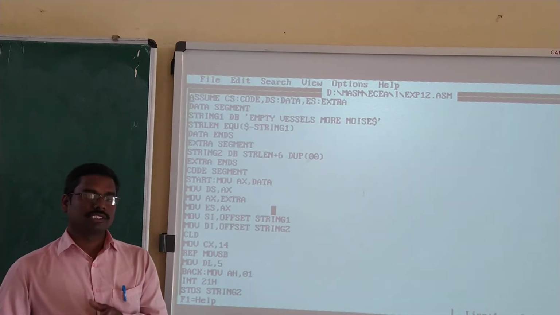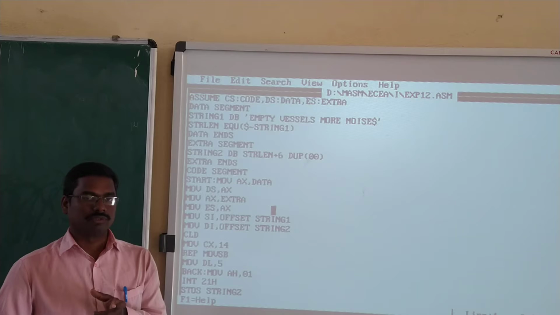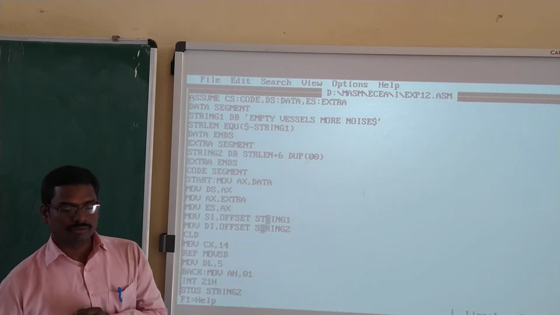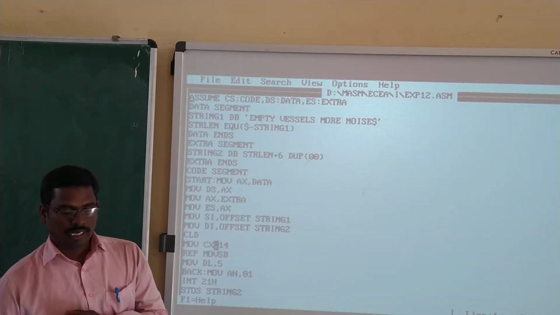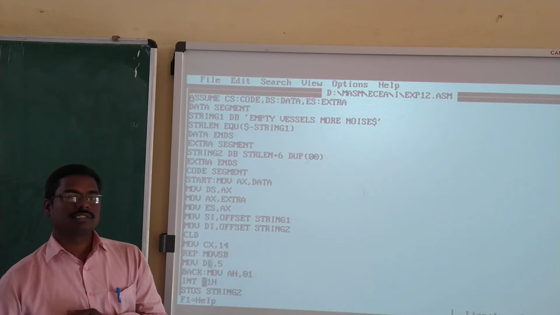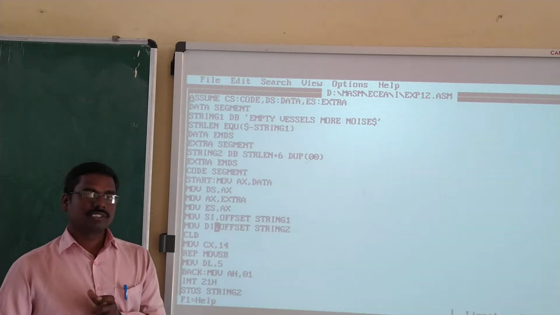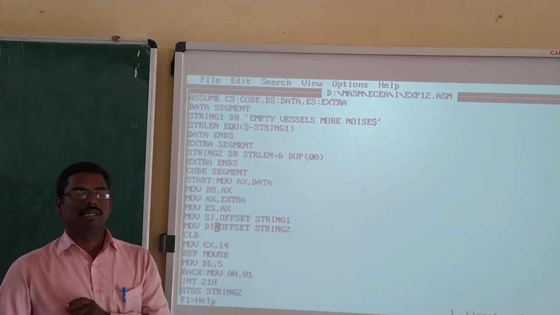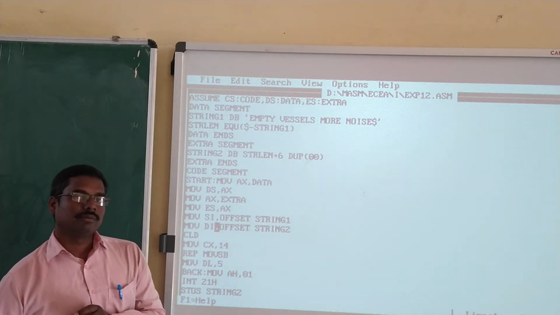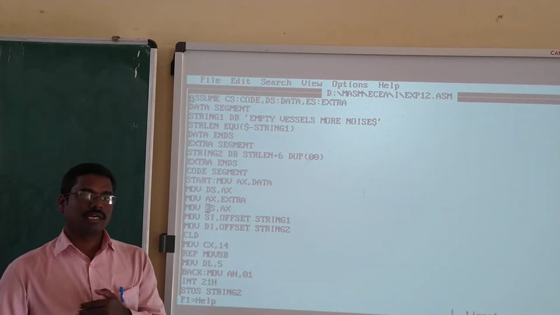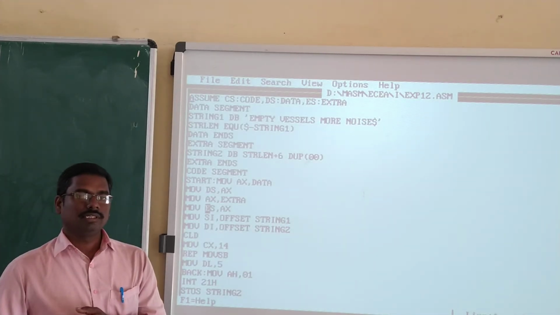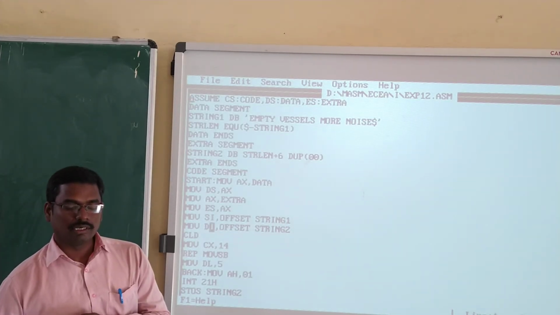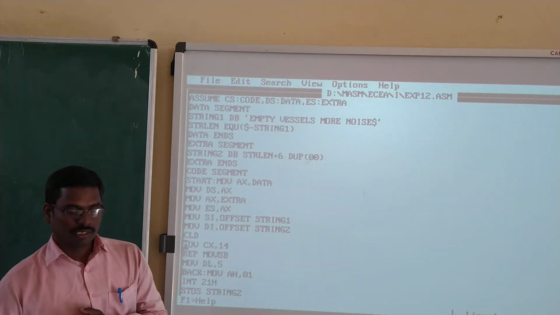So that means the string 1, whatever input string we have given, is loaded into the source index register, and mov di comma offset string 2. So here the offset string 2 is our destination index register. Okay, so that means our output is after inserting the characters, so we have to get the complete string. Okay, so that is loaded into the destination register.